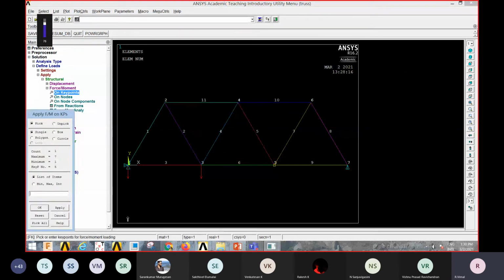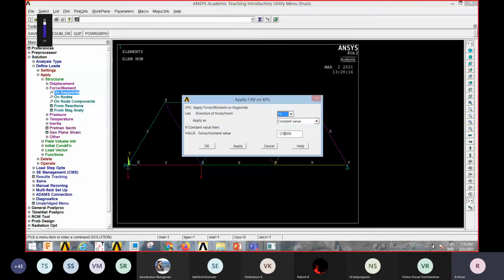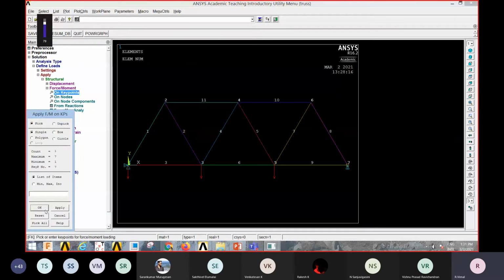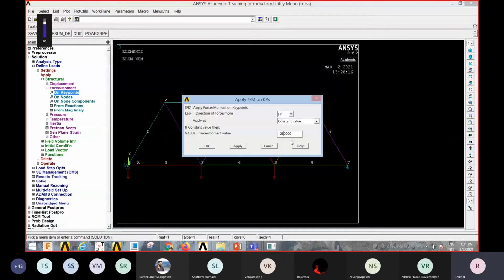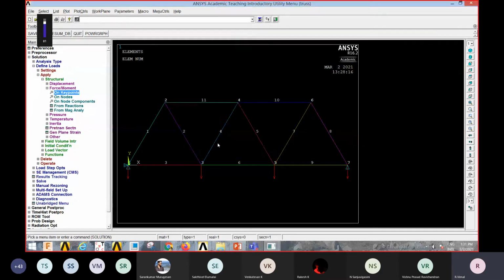Apply. Then click on the next point, click OK, and give the force, 280. Click apply. Click on the last point and give the force, 360. So from the question, we have given all the forces onto the truss problem.